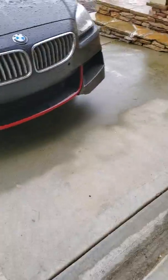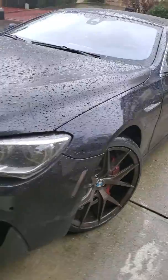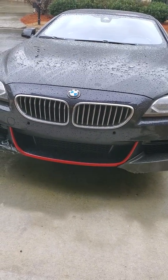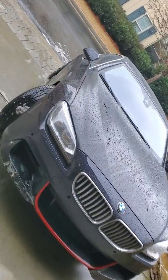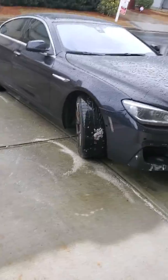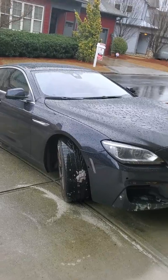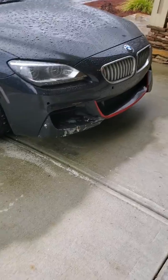This car does sit extremely low, and it has an extremely long front hood. So most people fall in love with the car when they see the pictures online, and they do not understand it's a wide body car. As you can see, it's extremely wide, and it has an extremely long hood. So it's very difficult for them to gauge stuff like the little parking bumpers at grocery stores. So it happens often. I ain't gonna lie, with this car, I usually have to work on it the most out of all my cars in my fleet, and it's always either two things. It's either my front bumper here,